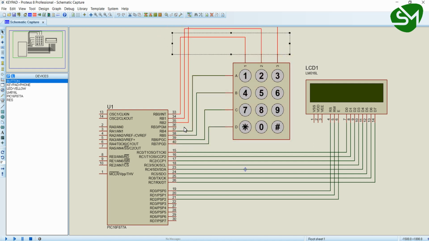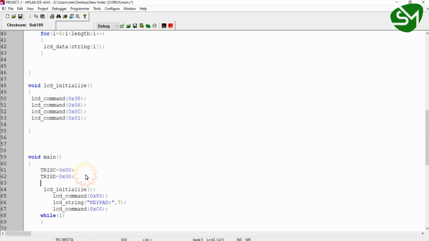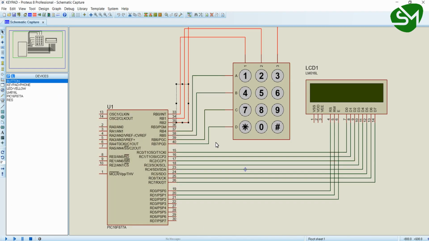So we will make the MSB of port B input and the LSB output, that is the RB2, RB1 and RB0 pins. For that I can write TRISB equal to 0xF0. This will make the rows input and the columns output in the circuit.